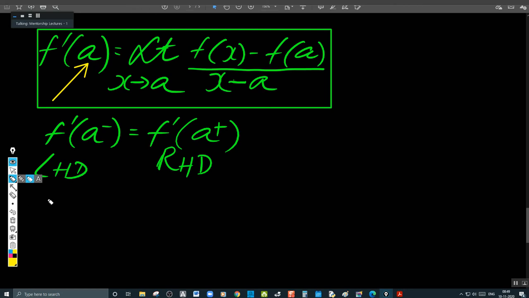then it is called first principle. This is also first principle, but at a particular point. And the general definition for the differentiability is nothing but